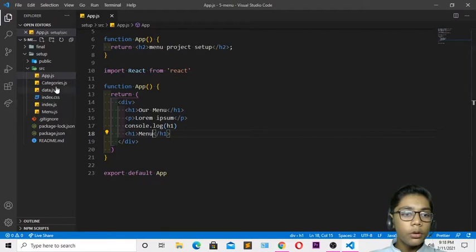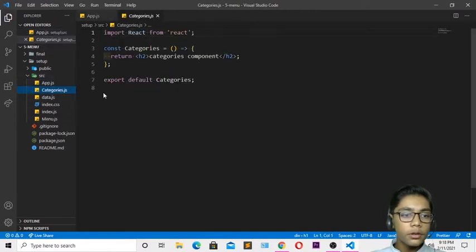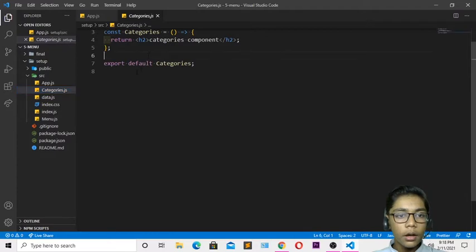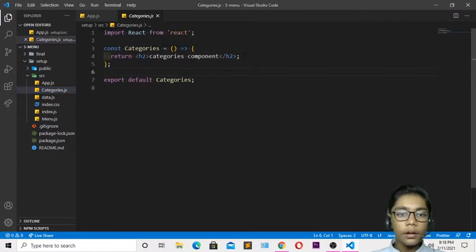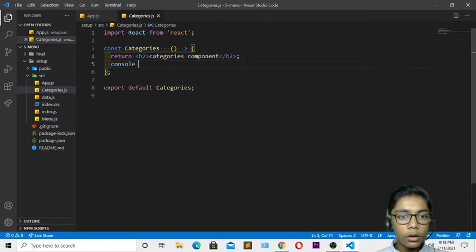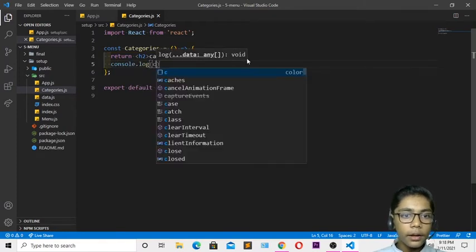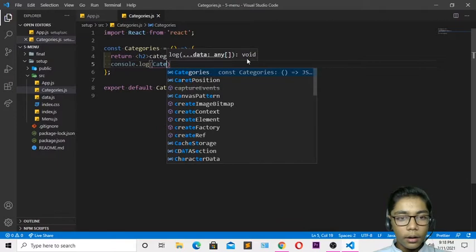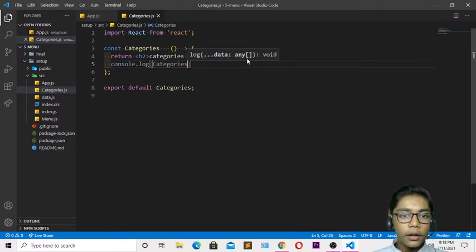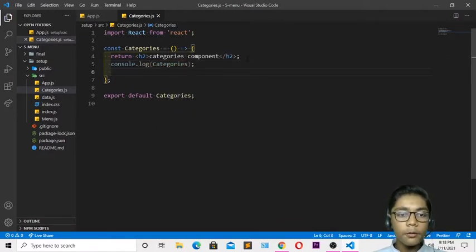When you've done all this, you have to go to the file you created, which is called categories.js. It is a file from which you can work. So I will come underneath again and write console.log. Then I will write categories. So I'll be writing categories over here like that. When you've done all this, you have to close that. Then write return equal, and write const. Just erase that and write only const, and write dot console. Erase that from here, because now in these strings I will be writing categories over here like that.